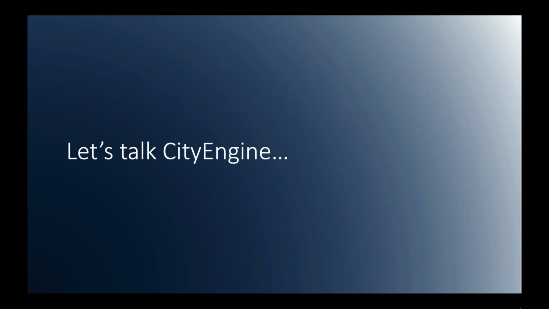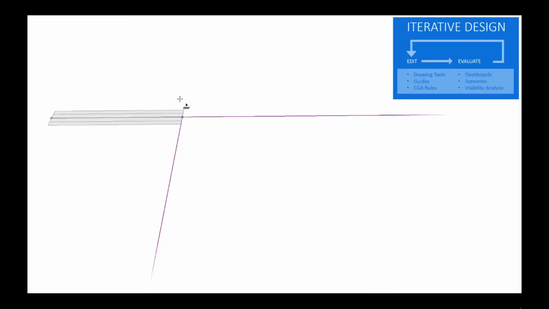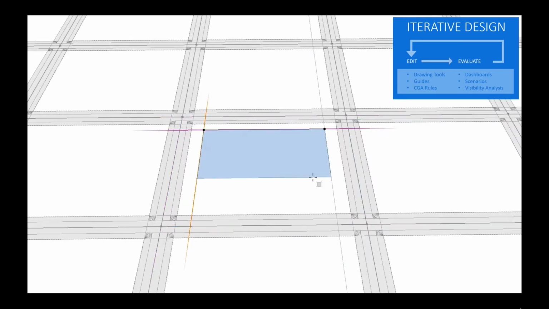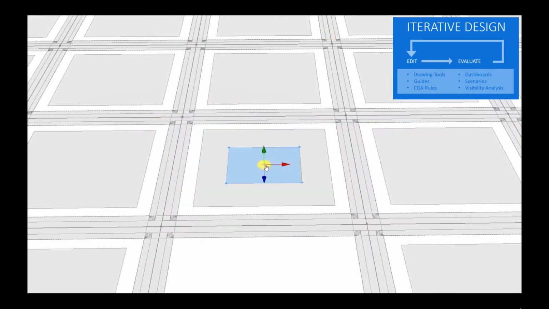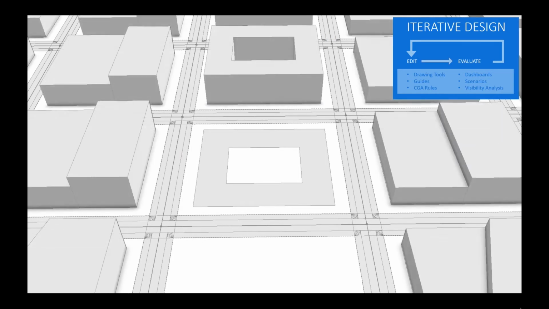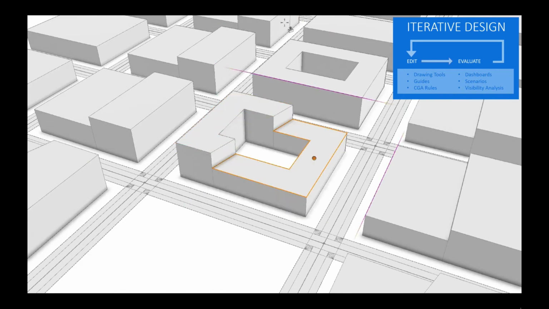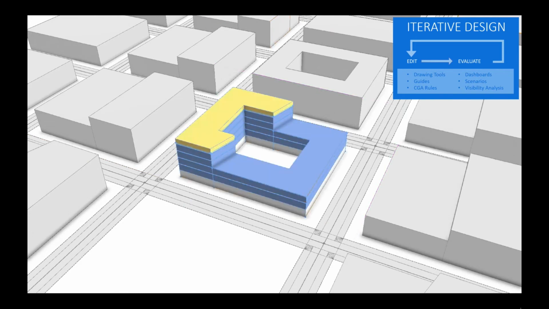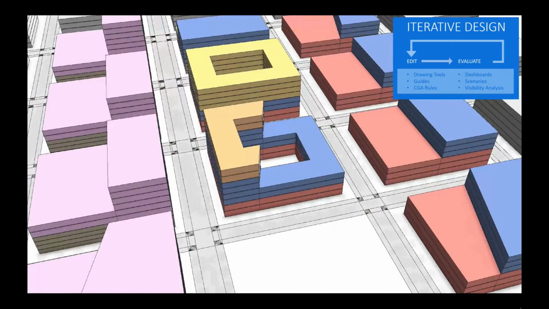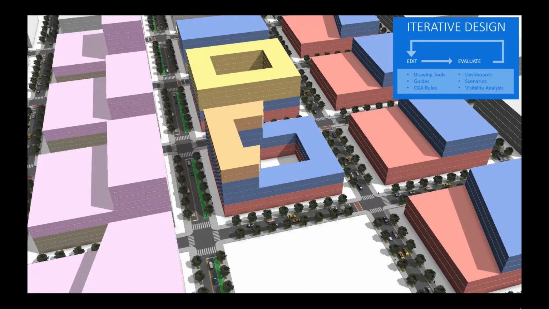Now, let's talk City Engine. So here are some highlights of the new 2020.1 release. We invested quite a lot of time in the manual drawing of initial shapes like building footprints. The reason is that users had to previously go to other tools like SketchUp to do this. The tools are intuitive now and provide this missing functionality. And the feedback we've been getting from our users is that they no longer need to go to other tools anymore and can stay within City Engine for this iterative design work.